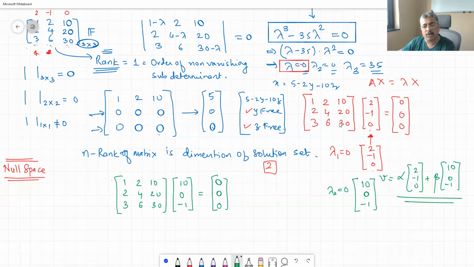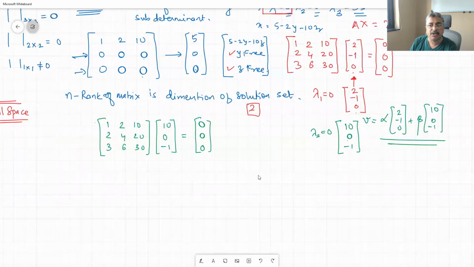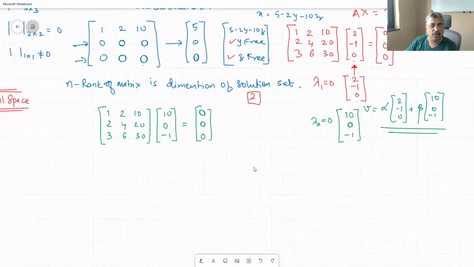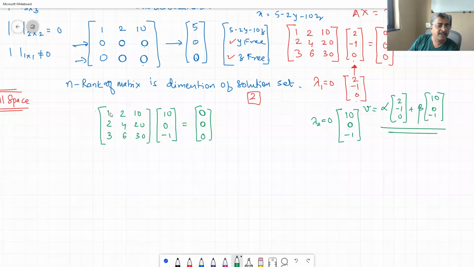But essentially for lambda 1 we got one eigenvector, for lambda 2 we got another eigenvector, and now it is time to find out the eigenvector for 35. So for 35 we will have to do a little work. 1 minus 35 is minus 34, 4 minus 35 is minus 31, 30 minus 35 is minus 5. The remaining entries stay as they are. Now 2, 3 and 6. Now the determinant of this is supposed to be